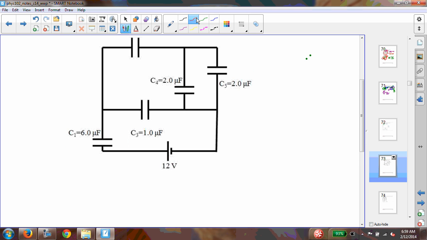So let's see here. The way I want to do this is I want to come along here, and I want to look for the parallel branches. So I mark the beginning of a parallel branch right there. And then if I follow along here, I mark the beginning of a new parallel branch right there. All right. Likewise, here, I notice that